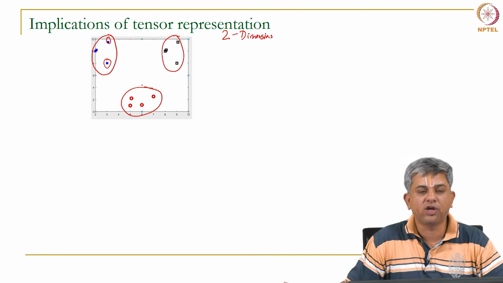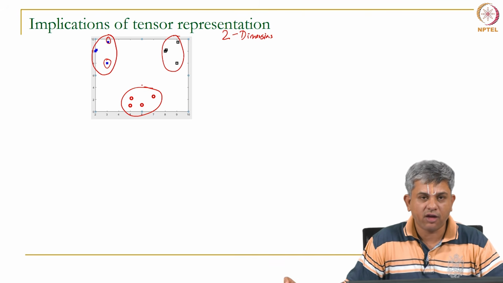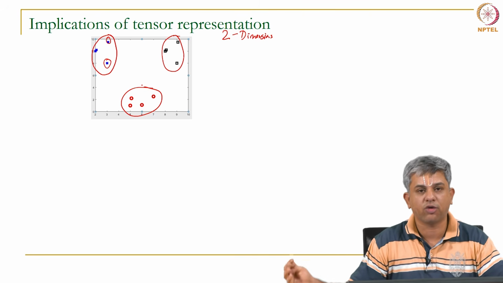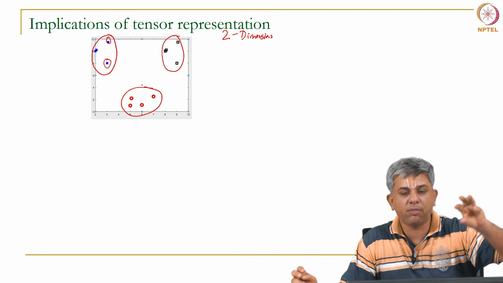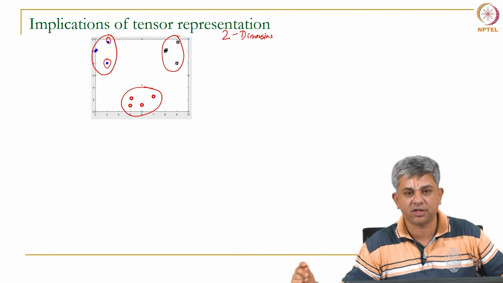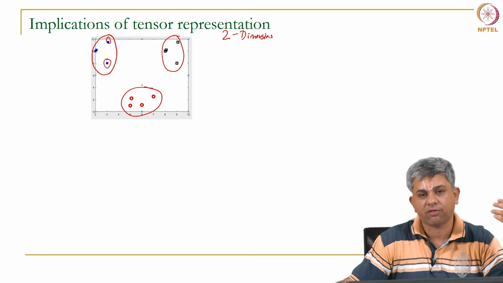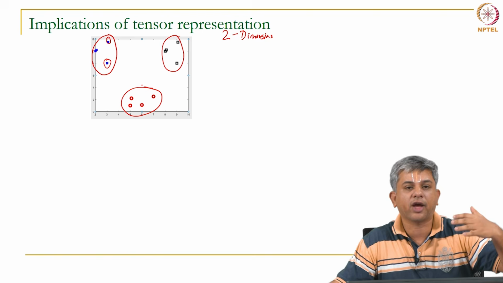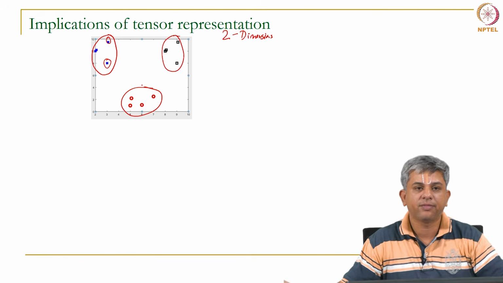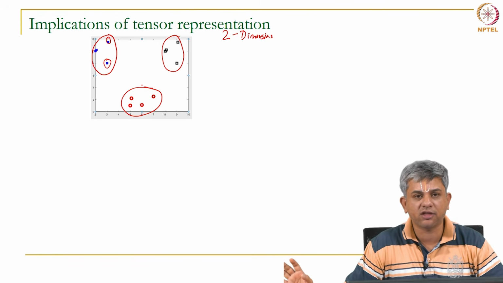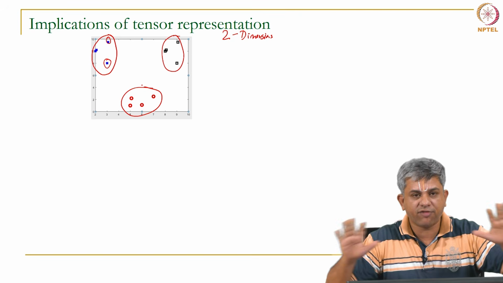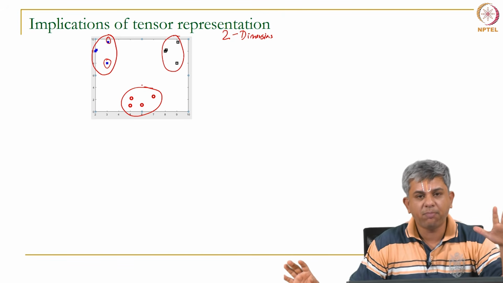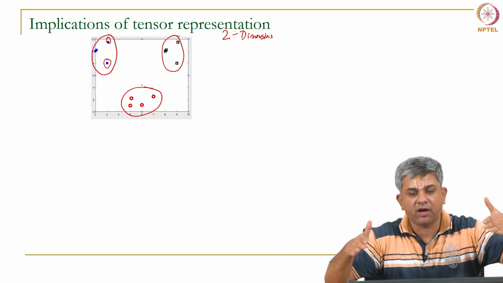What you would like is some way in which similar images, in case you are doing a classification problem, land up at similar places. This is the implication of our turning everything into a number: finally you can represent it in a graph, and then you can start thinking about a classification problem simply as if you are doing a graphical partition.